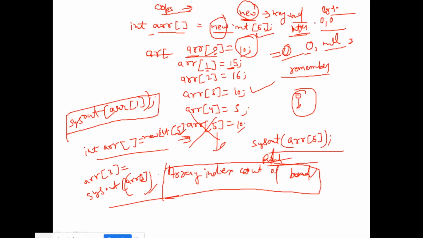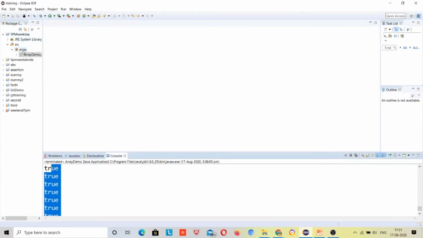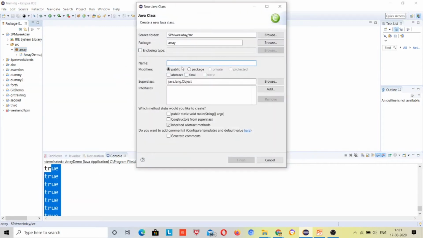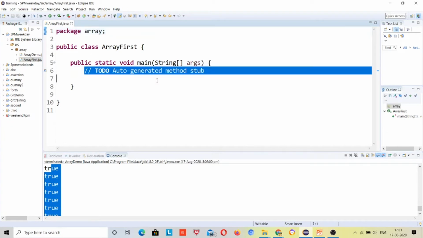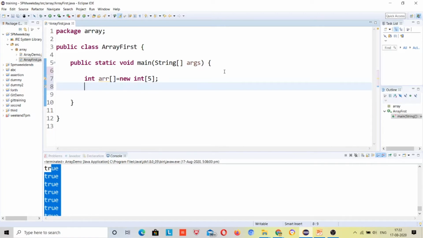Okay, so now I'll go to our Eclipse IDE and show some examples and ask you the output. Array index 0 will be assigned 10.